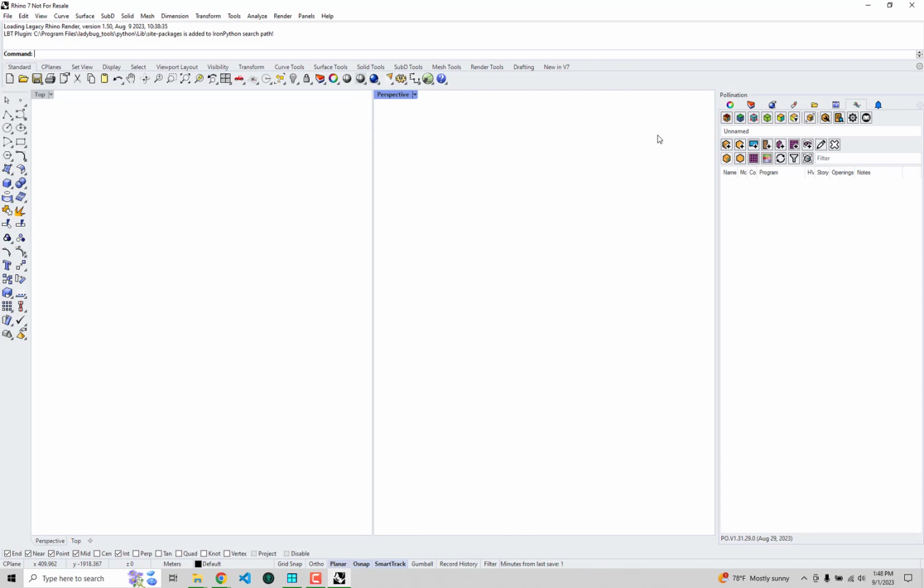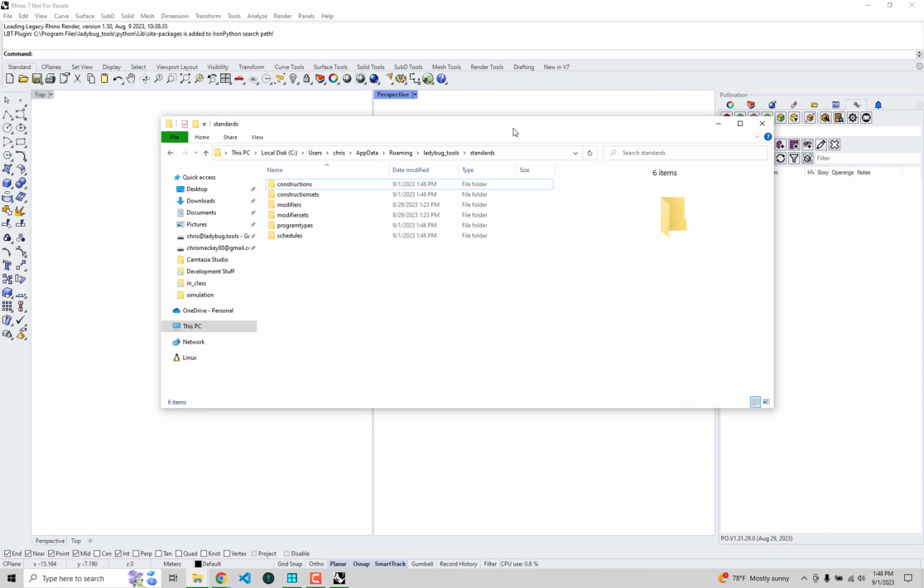Now, because this is the last video, I'm going to get a little bit more advanced. You guys remember that file path that I showed earlier, right? When we purged our user library, it deleted those files. So if you want to actually get really deep into it, now this comes with some caveats, because it's very easy to corrupt your user standards library if you edit it manually. But I think it's important for everybody to know that your user standards actually exist in a folder on your machine. True to the name, they are stored under your username section on your machine. So this is all going to be basically the same path